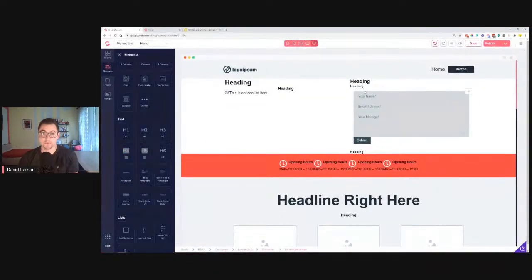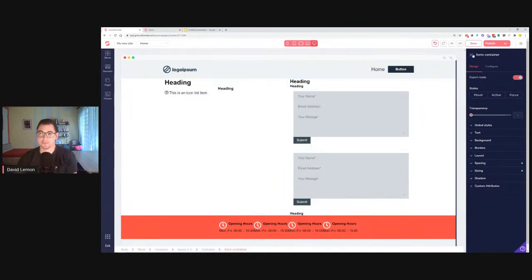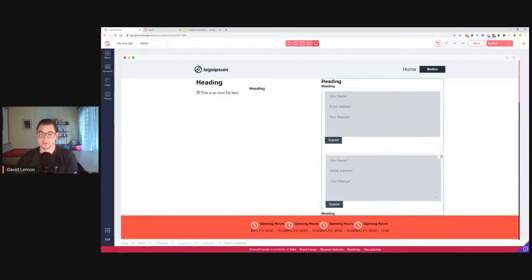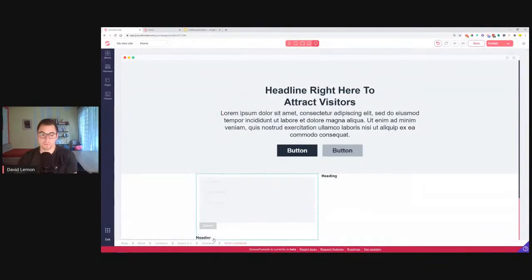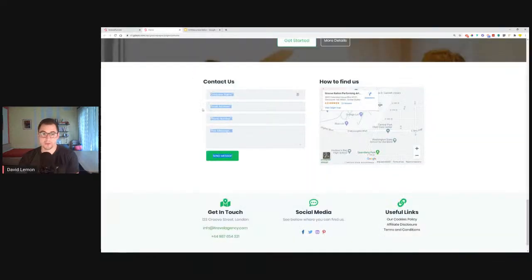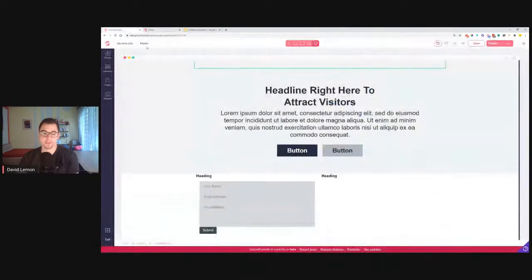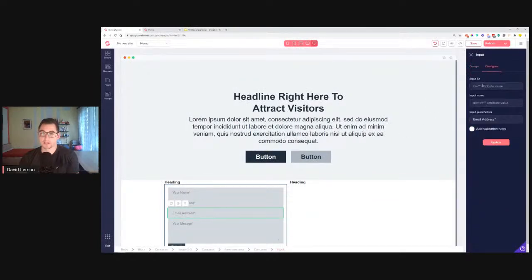I already designed this form, and I don't want to again do the whole thing from the scratch, so I'll just duplicate it. And as you remember, at this time we just need to exit the sidebar so that we can pull it in. So I will be just placing it in here like that. Finito. The last thing is we need to just duplicate one of these fields. I have company name, email address, phone number. Okay, so we need to create a phone number field, and I will just click on this one, duplicate it, and then just change it to